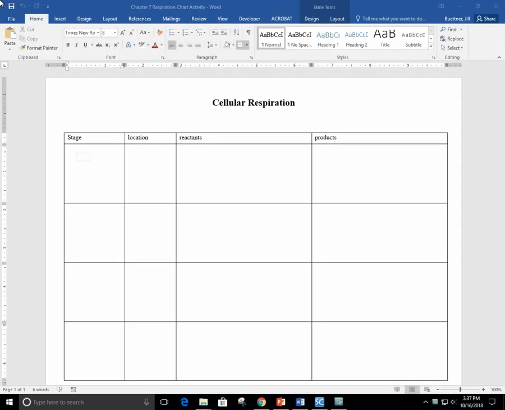Okay, so if you haven't already printed this sheet out, go ahead and do that because you're going to want one for your own. I'm going to fill it in. Normally I would write this on the board, but we will fill this in and you will have this summary sheet, which is a good tool for studying. And we're going to summarize what we've gone through so far, which includes glycolysis,